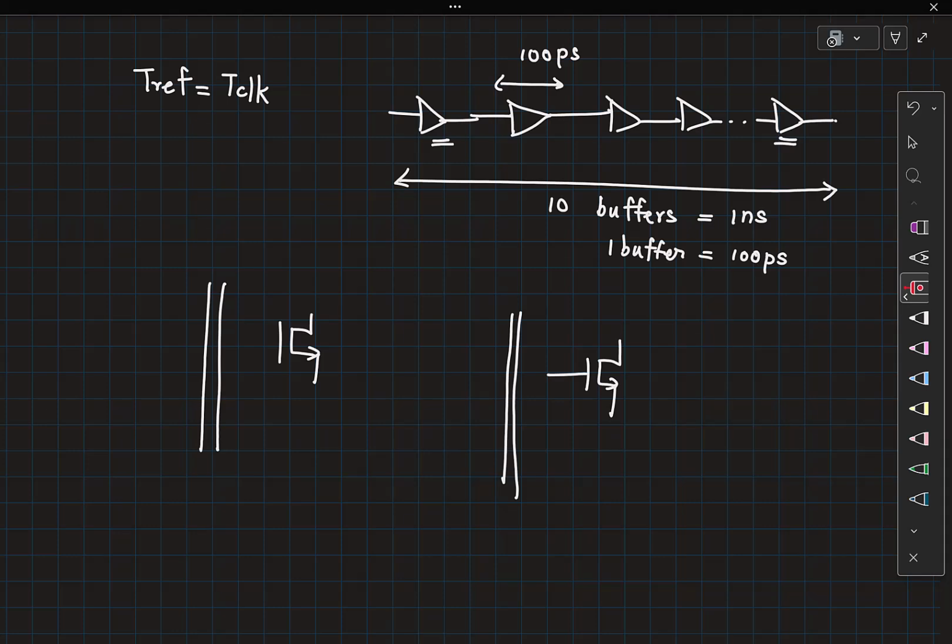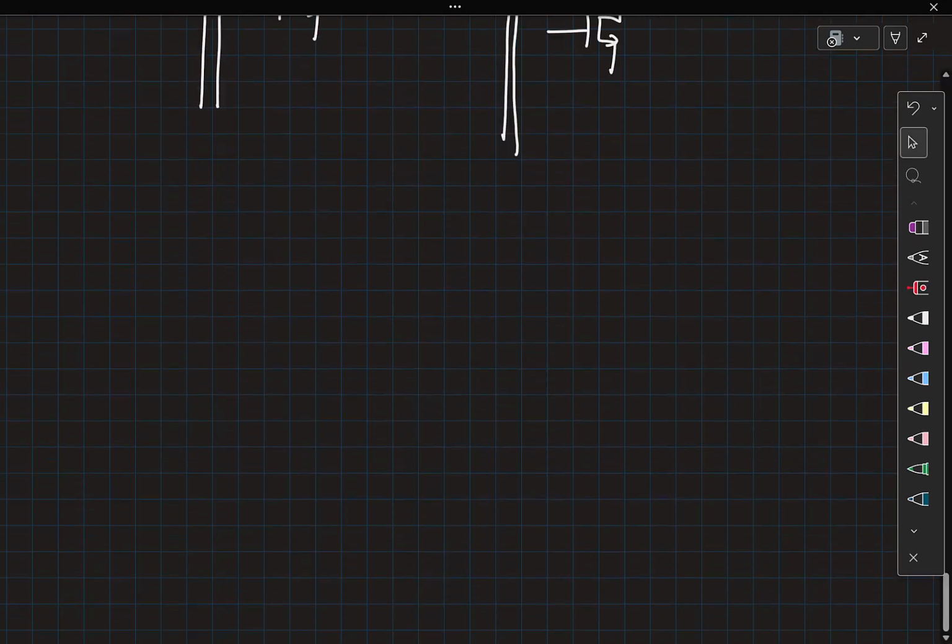So I can give you a clue. Your delay chain now cannot be a regular delay chain. You want to make sure the delay between this is t clock, and I mentioned that you can use negative feedback, which means you need to tweak the delay based on some error information.